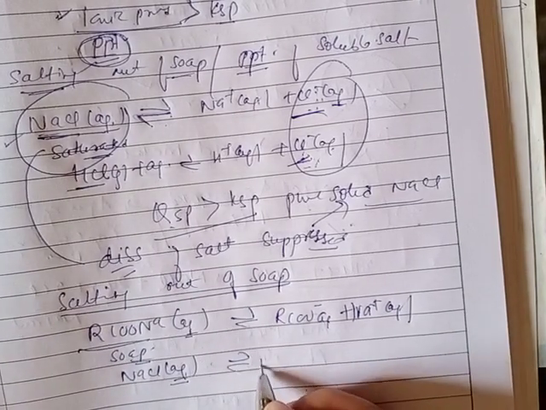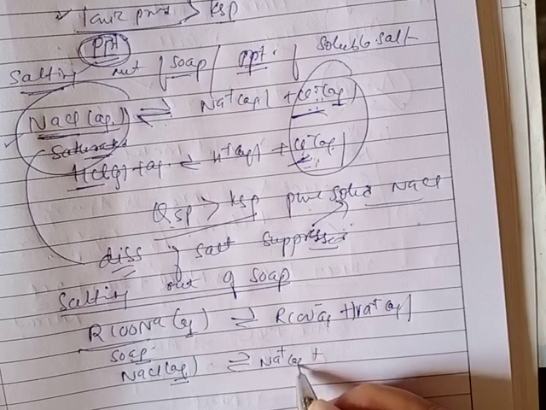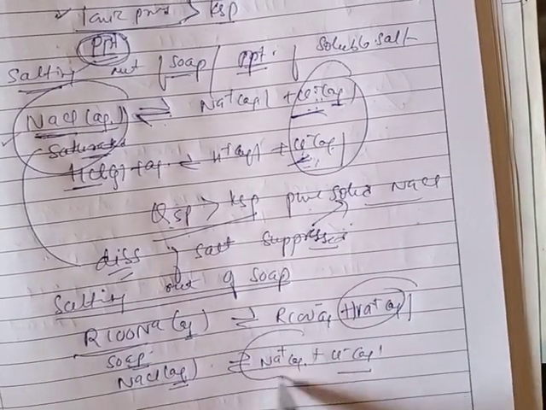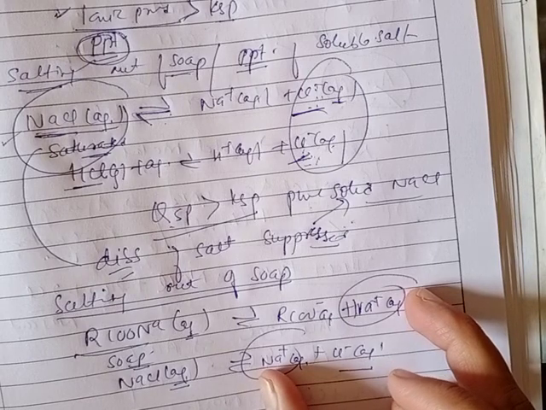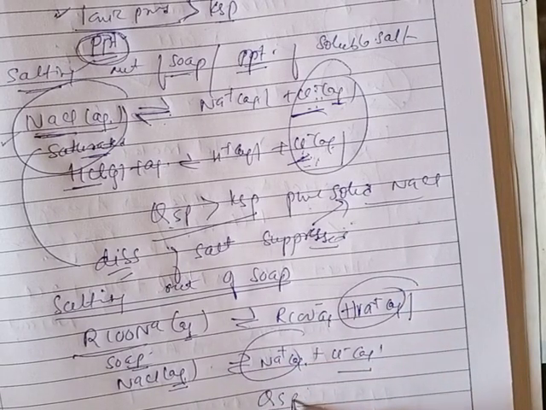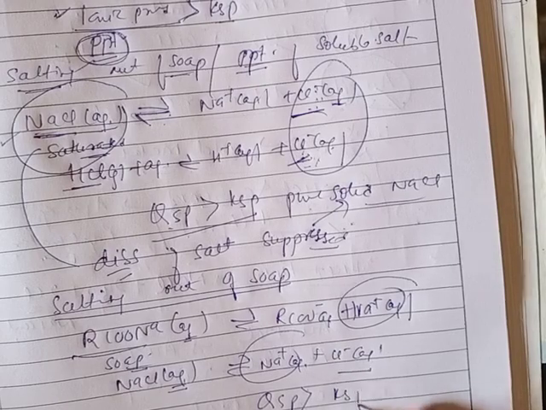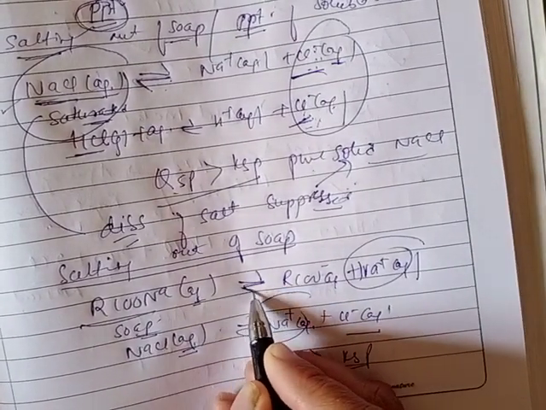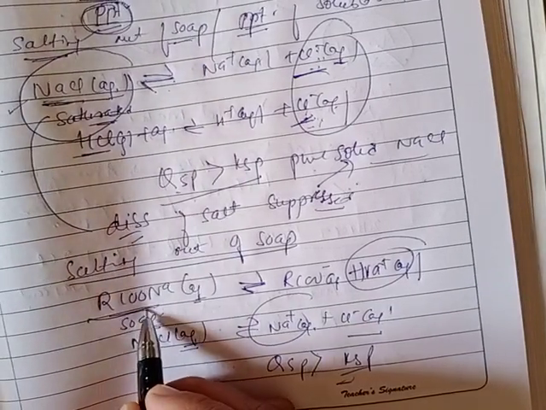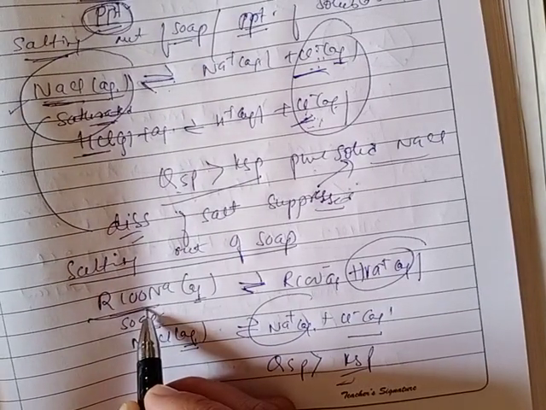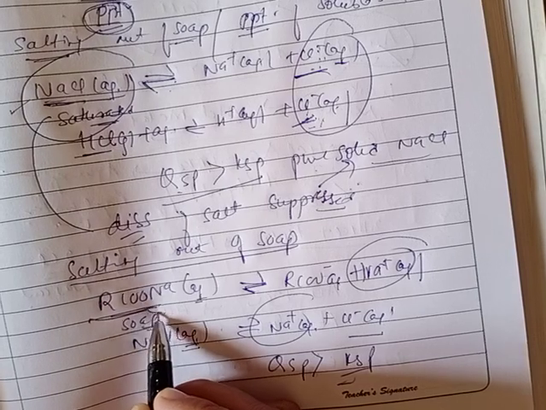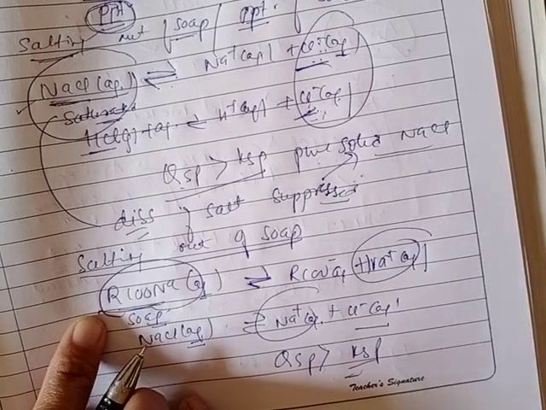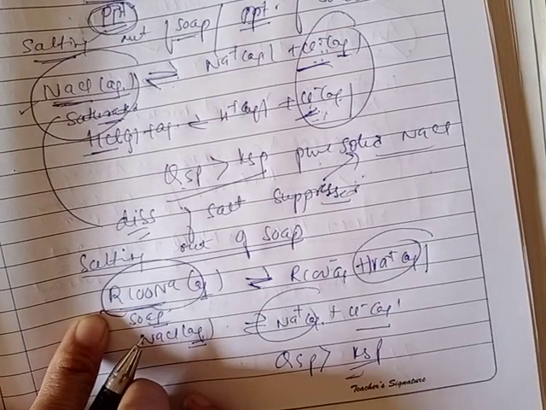This NaCl further dissociates to produce Na+ (aq) and Cl- (aq). Again, the concentration of this common ion increases. As a result, the value of Qsp becomes greater than Ksp. Therefore, by common ion effect, the equilibrium will shift in the backward direction. Clear? Hence, it will help us in precipitation of the soap. In this way, the soap will precipitate out.